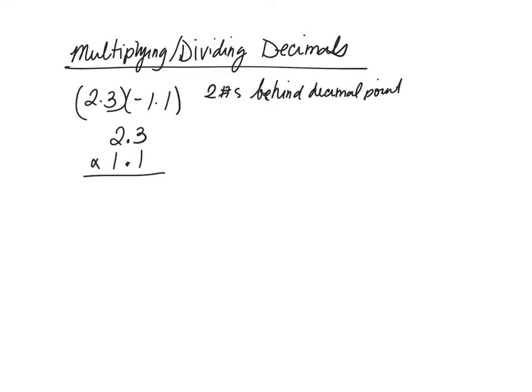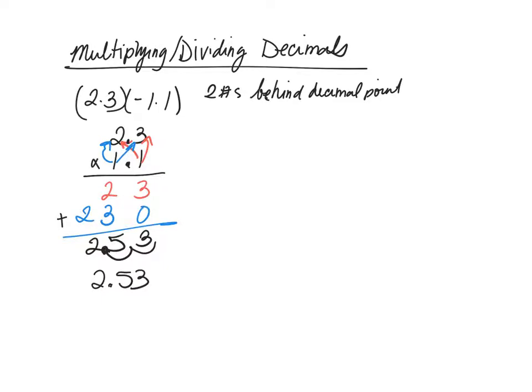1 times 3 is 3. 1 times 2 is 2. And then 1 times 3, remember I leave a 0 placeholder, and then 1 times the 2. And then we're going to add. We get 3, 5, 2, and 2 numbers behind the decimal point. So my answer is